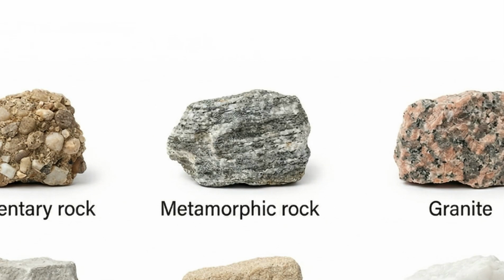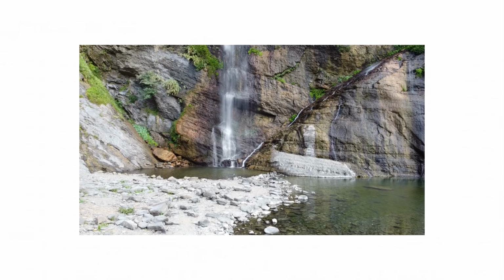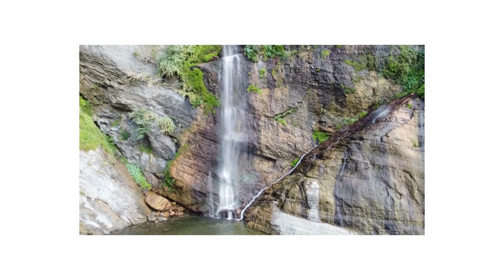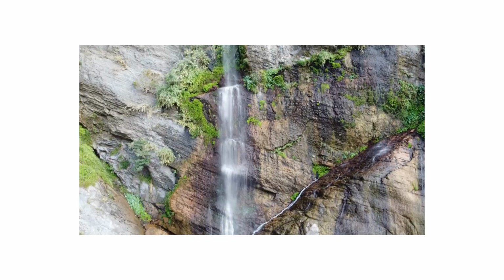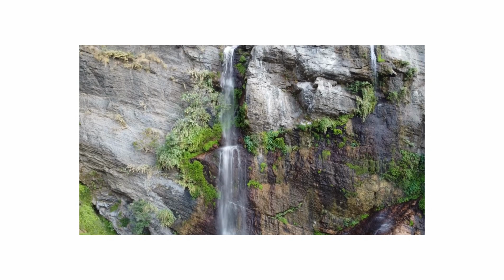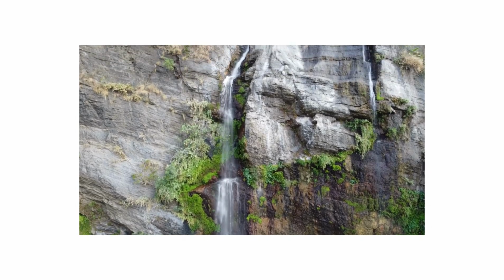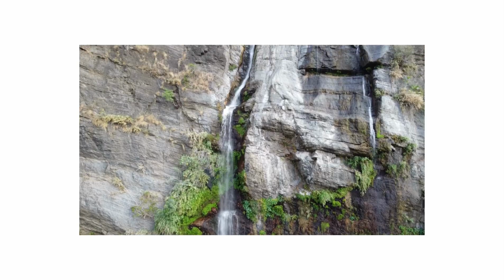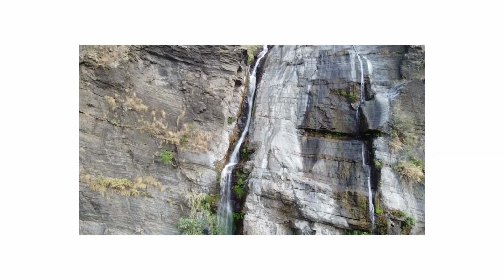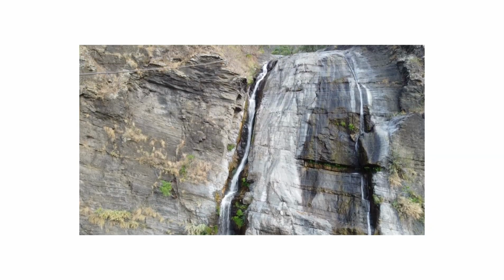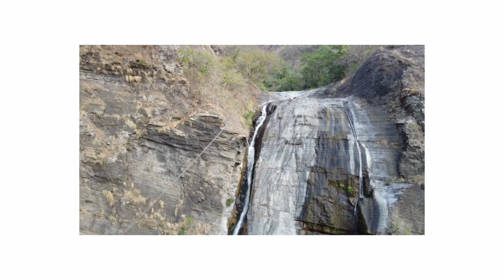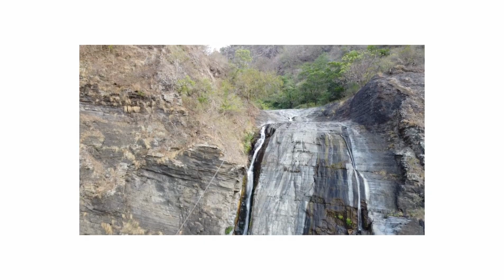crust. Metamorphic rock. When existing rock is subjected to intense heat or pressure, or both, it transforms into something new without actually melting. The original material changes its mineral structure, texture, and sometimes its appearance entirely. Marble, for instance, begins as limestone before heat and pressure reshape it into its smoother, denser form. Slate starts as shale and becomes harder and more layered. These rocks are commonly found in mountain ranges, where geological forces have pushed and compressed the crust over millions of